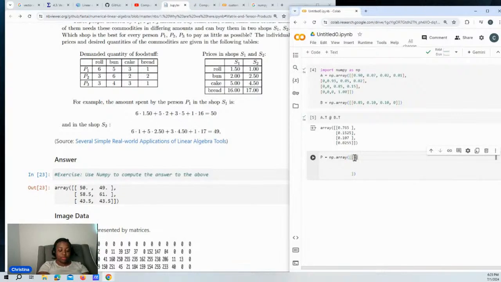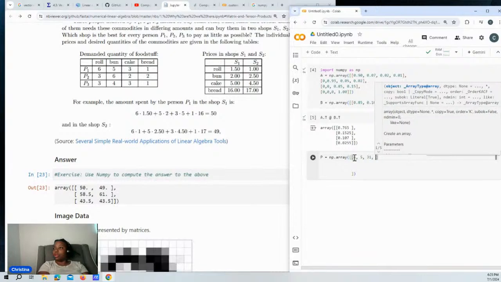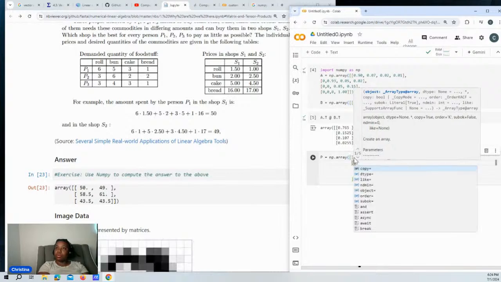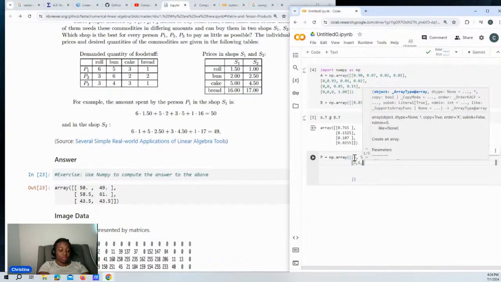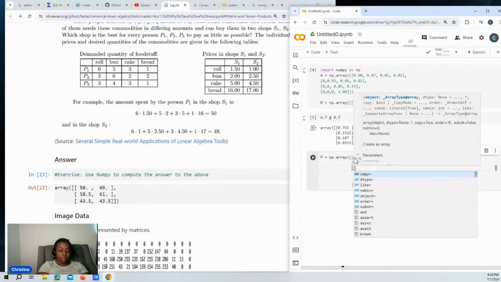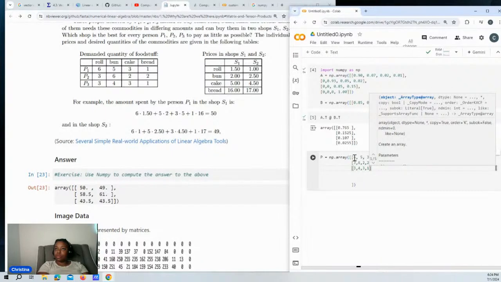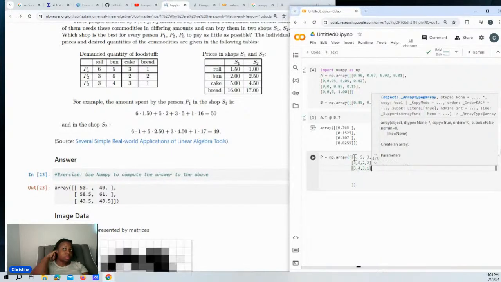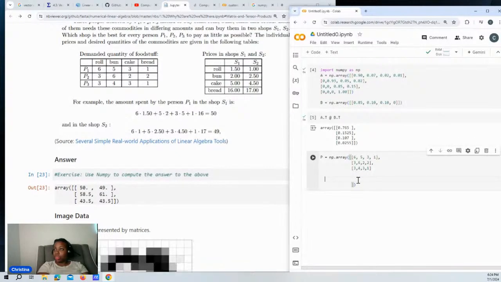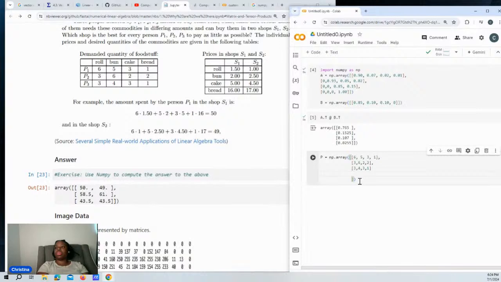Okay. Do 6, 5, 3, 3, 1, comma, 3, 6, 2, 2, comma, 3, 4, 3, 1. That gets us that one. And S gives us